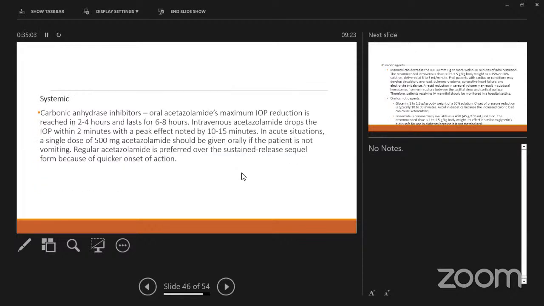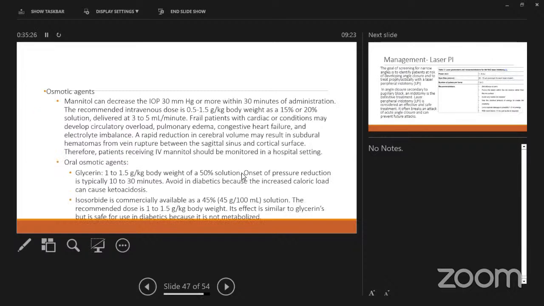Systemic carbonic anhydrase inhibitors, oral acetazolamide: maximum IOP reduction is reached in 2 to 4 hours and lasts up to 6 to 8 hours. If the patient is having vomiting episodes, then we can inject intravenously also, and peak effect is noted by 10 to 15 minutes. Regular acetazolamide is preferred over sustained release because it has a quicker onset of action. Then various osmotic agents can also be tried like